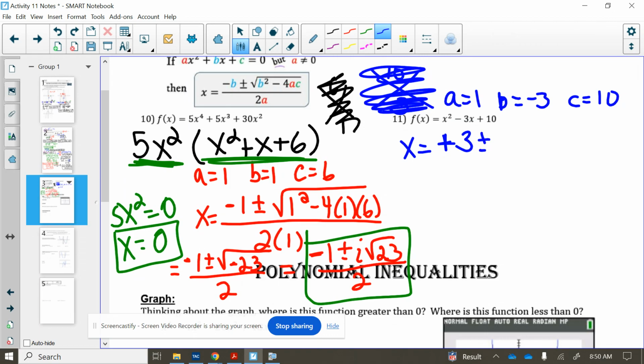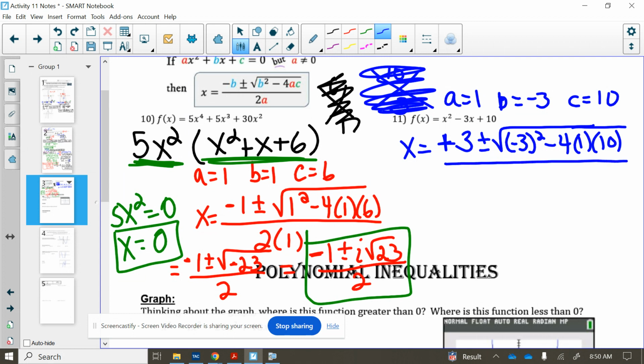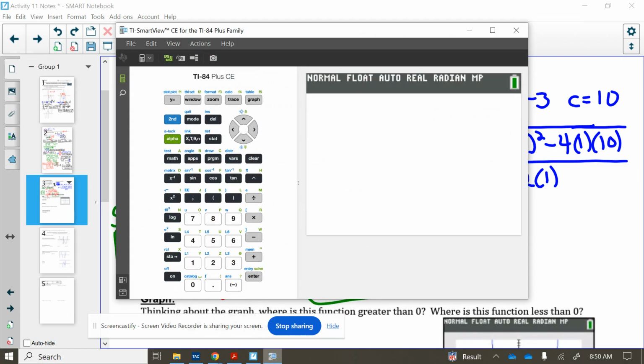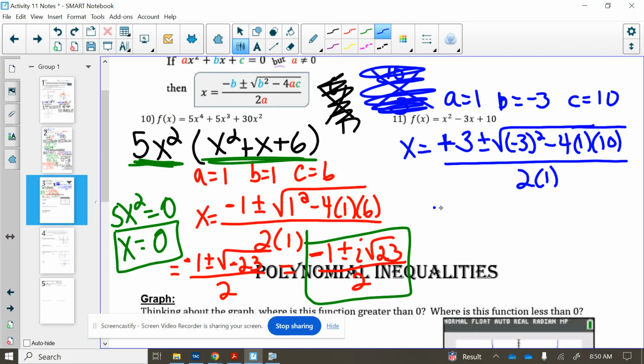Negative b, so it's now positive, plus or minus the square root of b squared minus 4 times a times c, all over 2a. And what's happening on this particular one is when you type that piece in underneath the radical, please make sure you are using parentheses around the piece you are squaring, because otherwise you will not get the correct answer for that piece under the radical,